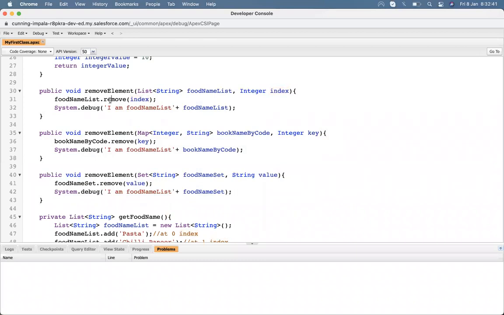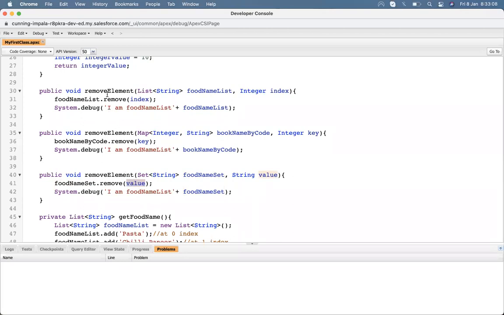Their basic job is to remove an element, whether from an array, a list, or a set. Removing an element from a list works on the index, removing an element from a map works on the key, and removing an element from a set works by its value.